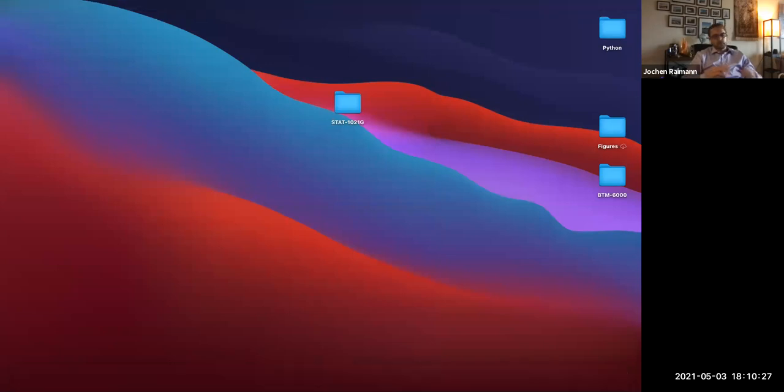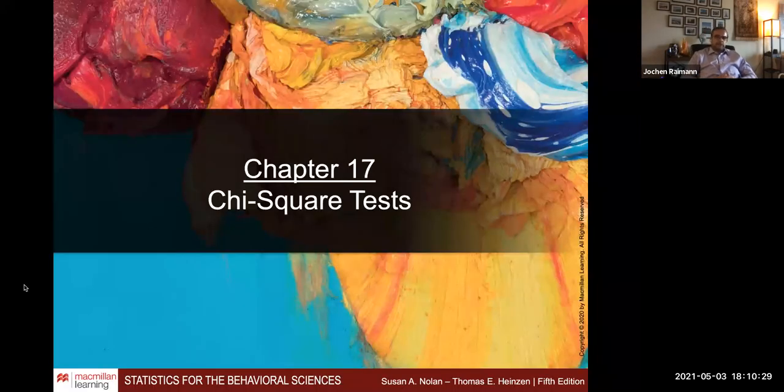Okay. Good. Chi-square is the one and only non-parametric test that we will be discussing in this class, for the reason that it's not the leading form of analytic approach. It would not be a go-to, so to say. It would not be your first choice. Only if it's mandated by the nature of the data.